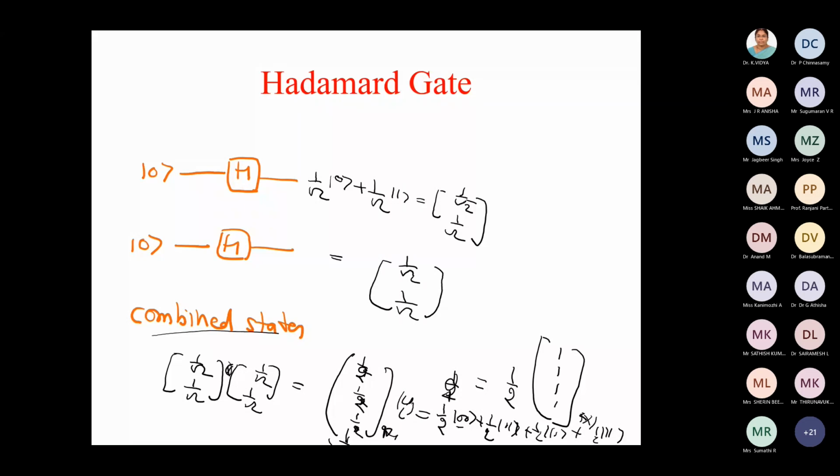What is the probability of measuring 0, 0? 25%, sir. Okay, 1 by 4. Yeah, 1 by 4. So what we are able to visualize here is that using these 2 Hadamard gates, we create a state which has all possible states with these 2 bits. That is, 0, 0 is there, 0, 1 is there, 1, 0 is there, 1, 1 is there, and all have equal probability.